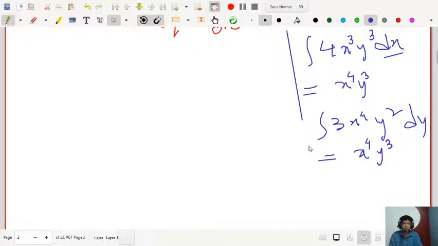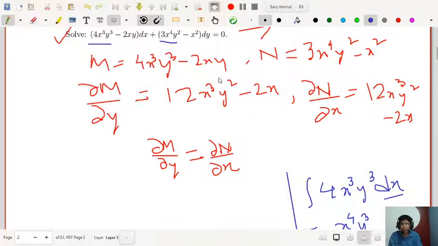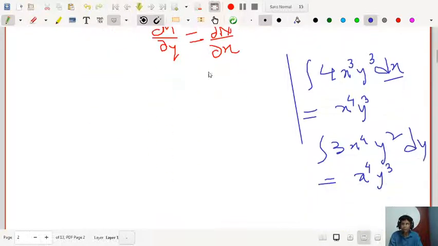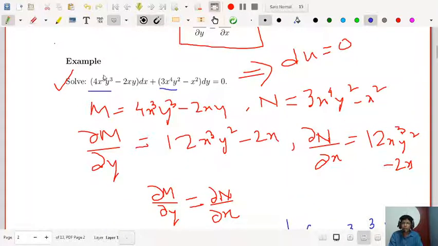So you are getting the same term. So these two terms can be paired up. We can pair up these two terms. So let me write, we can write d of x to the power 4 y cube. Okay. So naturally if you pair up these two, then the other two will be paired up, because you look at that,